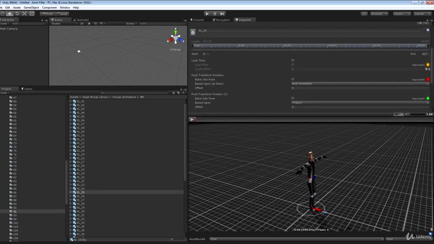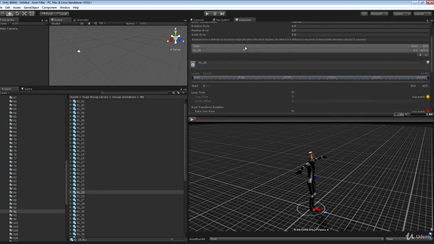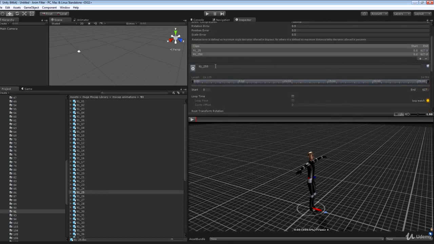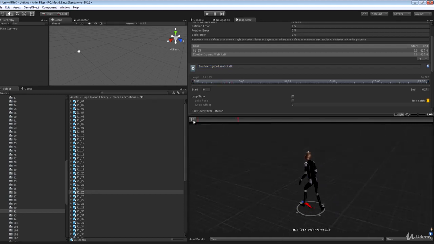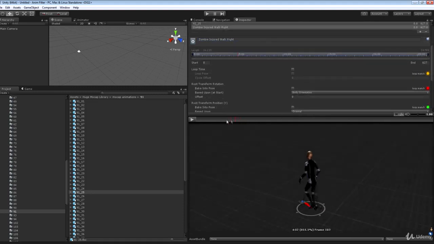So I need to start scrubbing through the timeline. Oh no, I need to create a new animation clip first. So I'm going to click the plus sign and I'm going to call this zombie injured walk left, because this is him sort of limping. Is he limping with the left leg or the right leg? I get it wrong every time. He's actually limping with the right leg, leading with the left. So I'll call this zombie injured walk right, and then I'm going to just kind of scrub through the timeline,